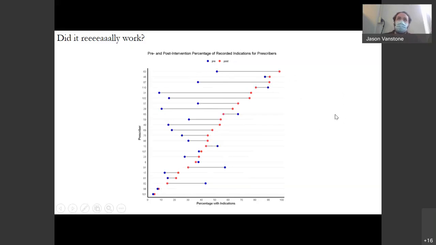And then of course there are individuals who went the other way. For some reason they had fewer prescriptions with indications after the intervention started, and that's just some of the way this data goes. But overall you can see that the physicians are trying and making a change. They're not all hitting that 80%, but we are seeing positive indications of change, and it's now a matter of finding ways to really drive that home and affect better change amongst some of the people who are struggling.